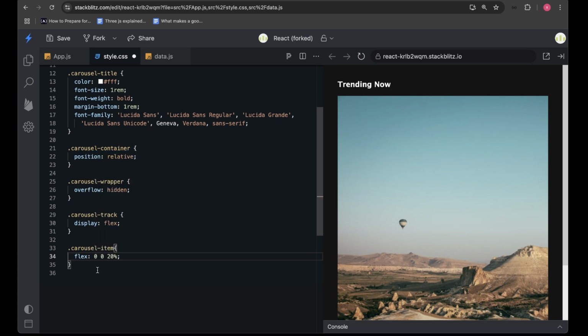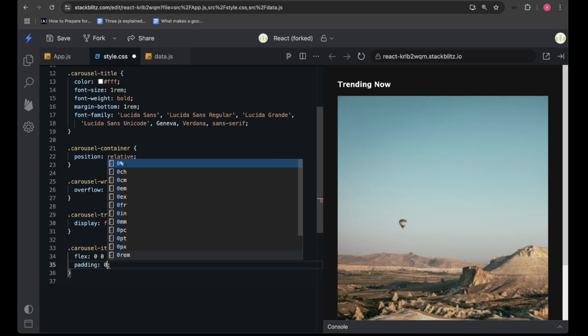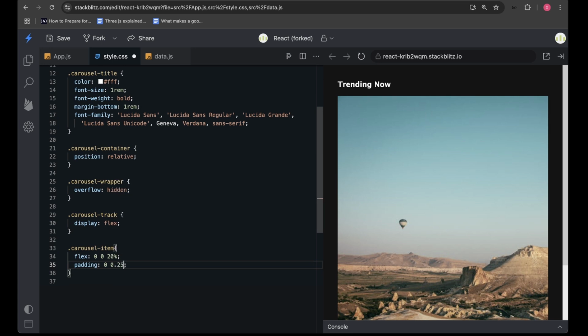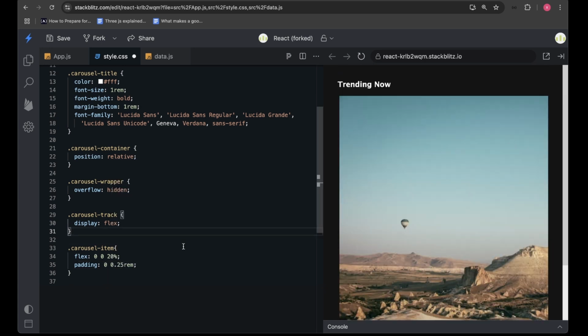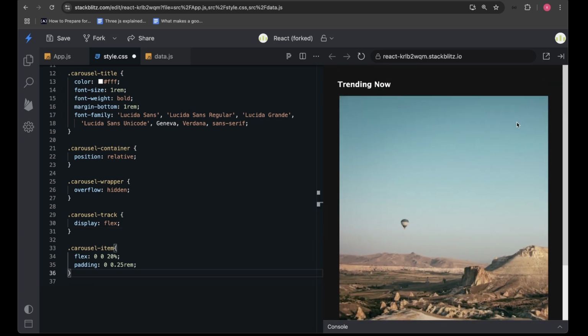So basically a flex basis of 20% and flex grow and shrink of 0, 0. So flex basis of 20% will make sure that each of these cards will always be 20% in size with respect to the carousel container. And then I'll also give it a padding of 0, 0, 0.25 of 0 and 0.25 rem. Alright, so with that we should almost be able to see our cards in the carousel like fashion, but